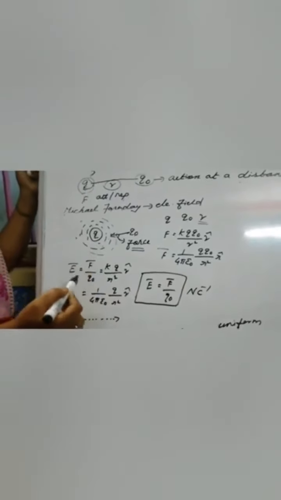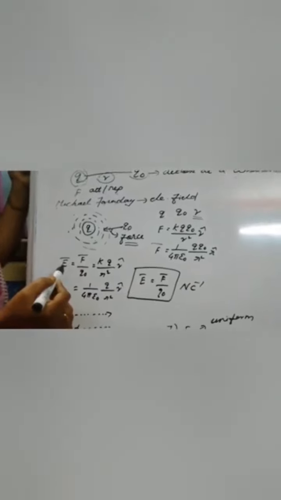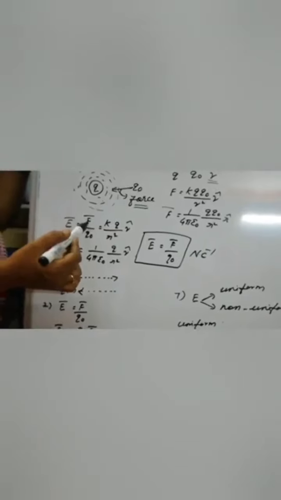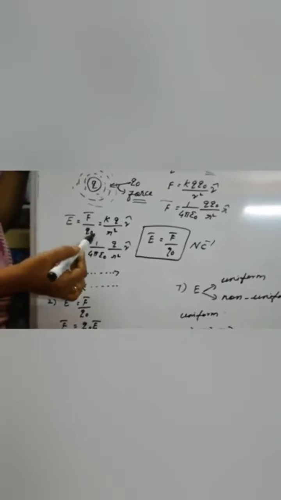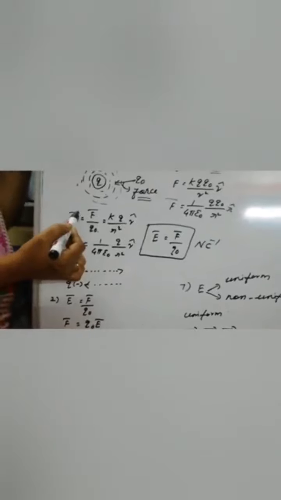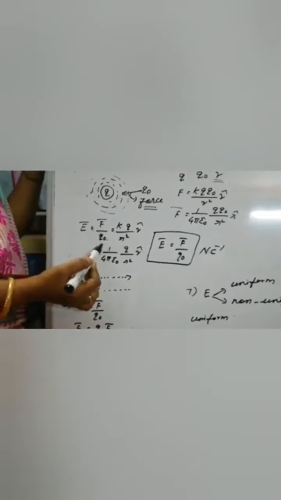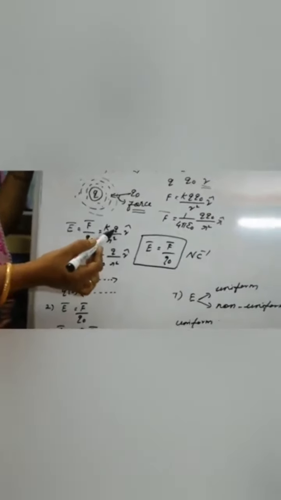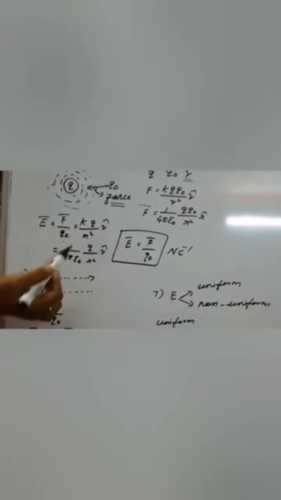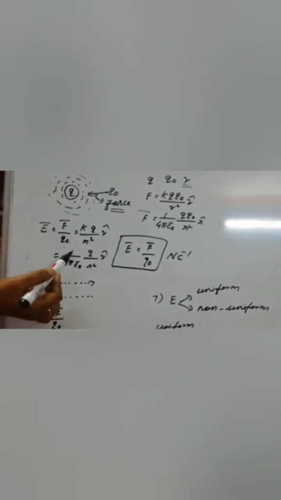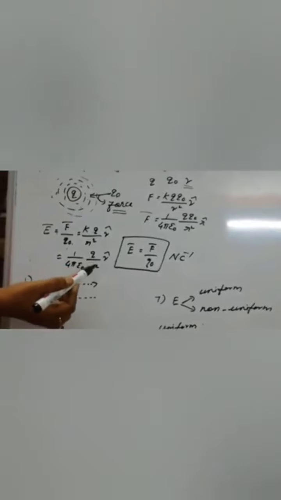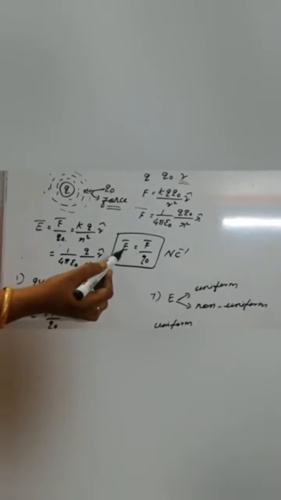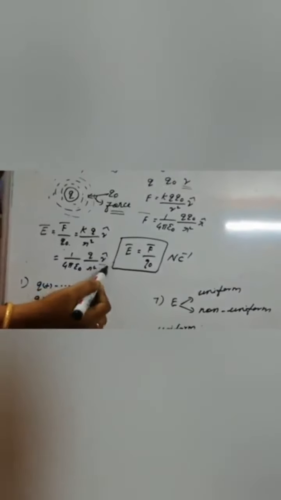Now the electric field we have to calculate. The electric field at a point is the force experienced by a unit charge. Therefore, E vector equals F vector by Q naught. Since F equals K into Q Q naught divided by R square into R cap, when we substitute K as 1 by 4 pi epsilon naught, E equals 1 by 4 pi epsilon naught Q by R square into R cap. Here, R cap is a unit vector.